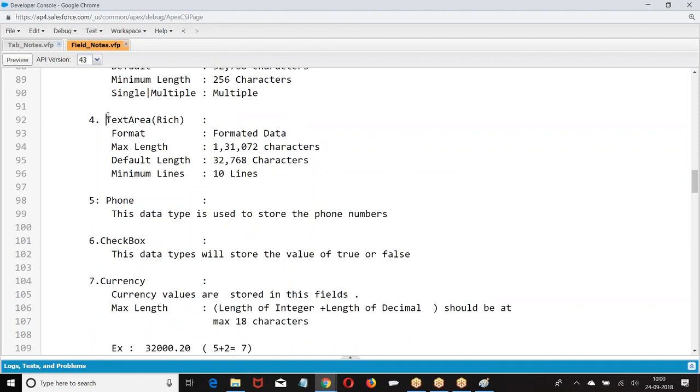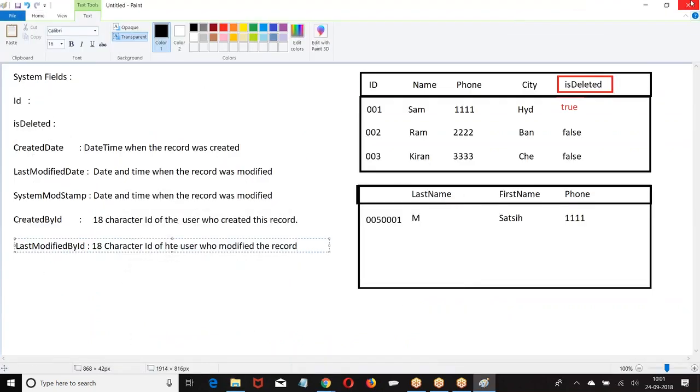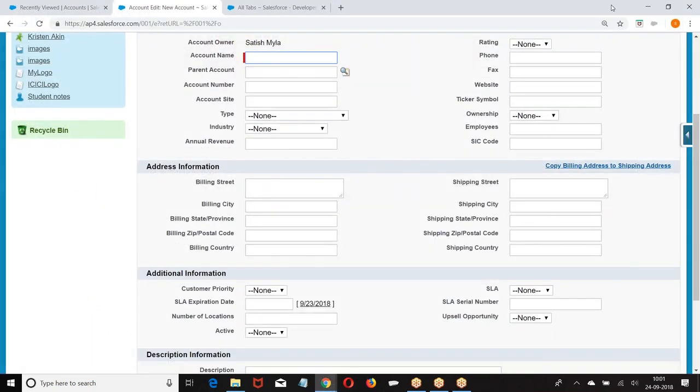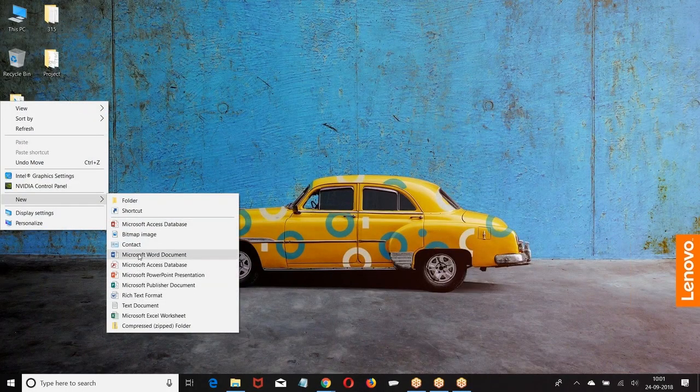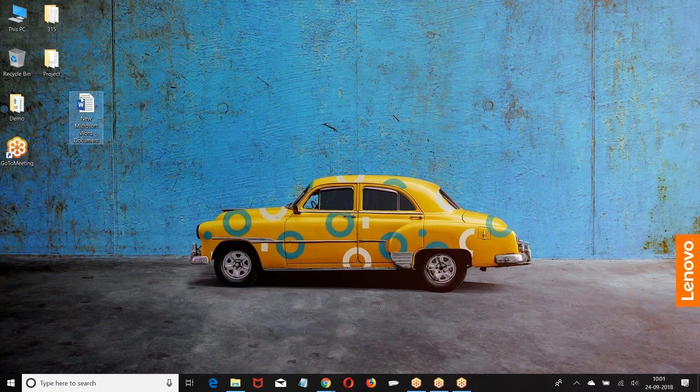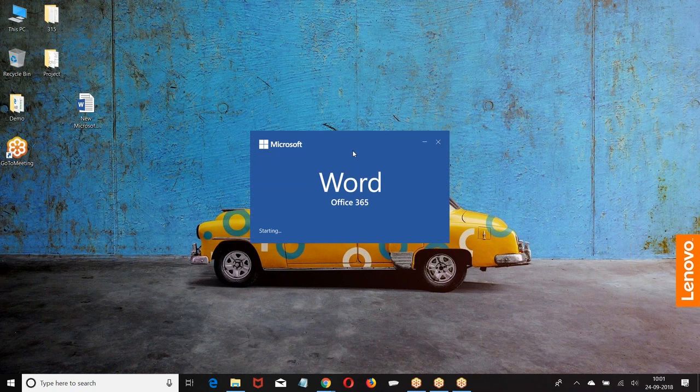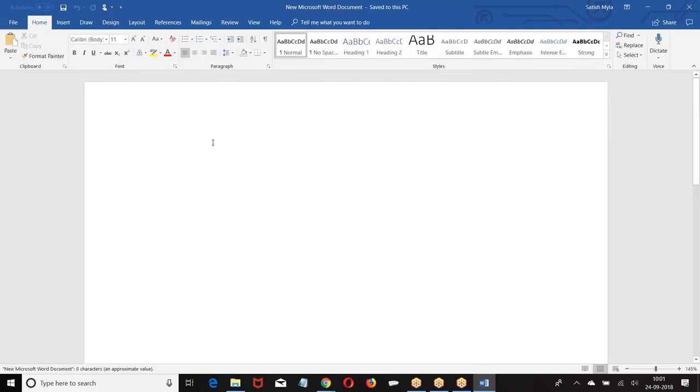Text area rich. What does text area rich mean? It is text only. But if you open a Word document, now what does text area rich mean?